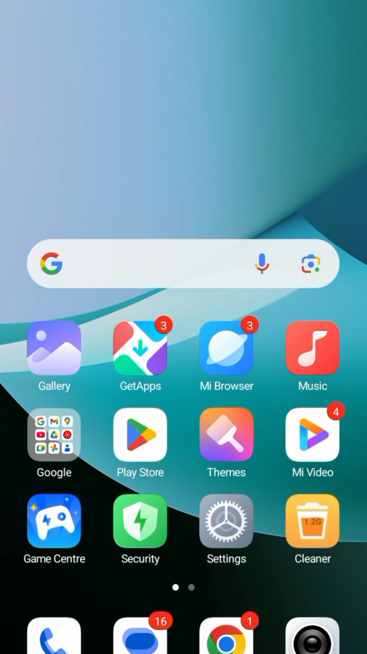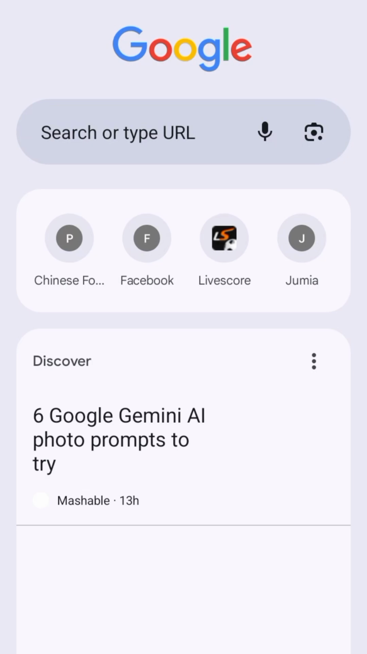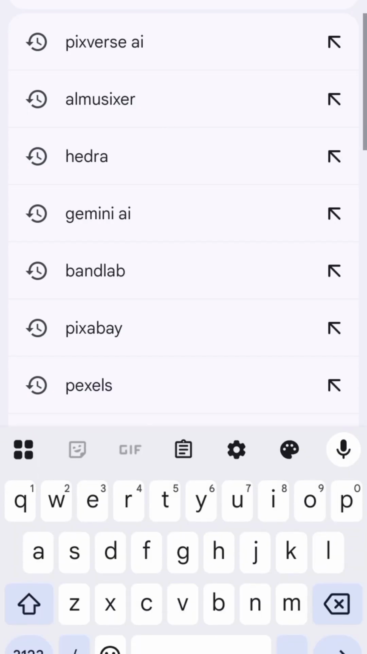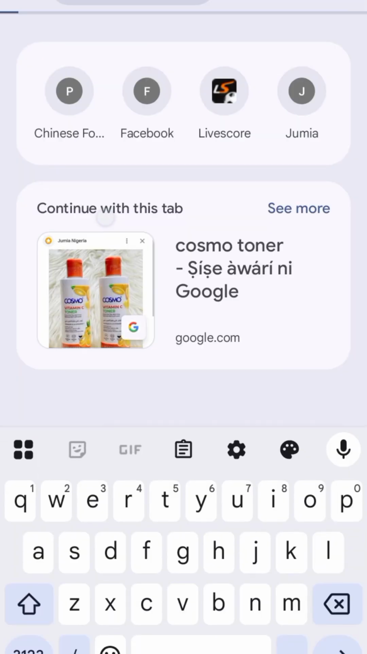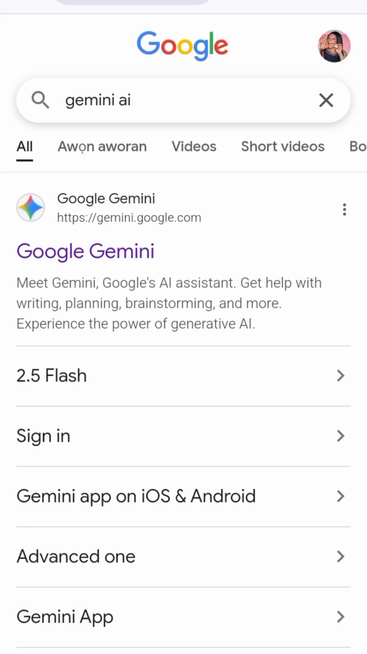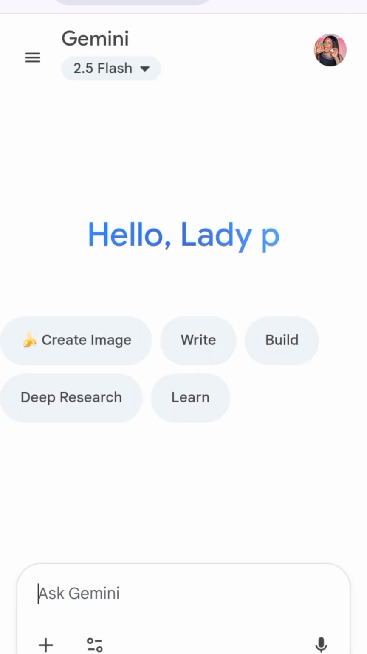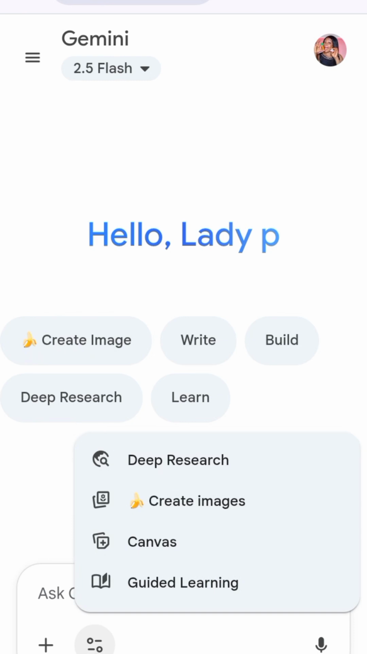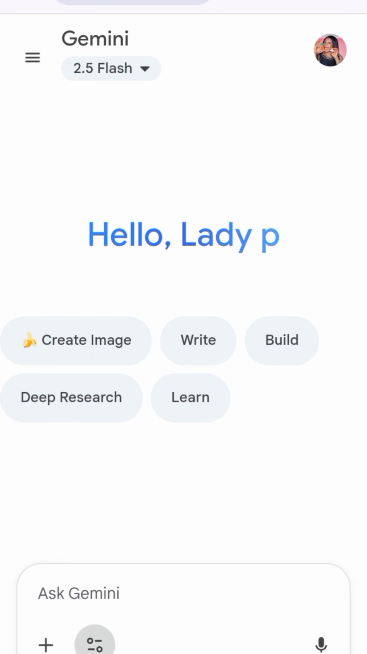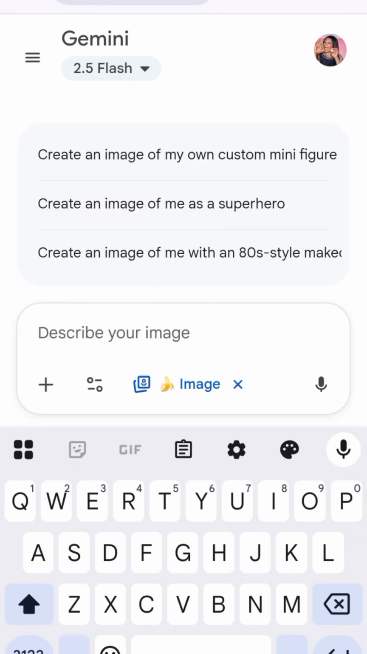Okay, so the first thing is to go to your Chrome browser. So I go to my Chrome browser here and I'm going to search for Gemini AI. Okay, because I've been using it already, this Gemini AI. And I click on Gemini AI. Just wait for it to load. Here it says ask Gemini. So here is create image, Canva and all that. So here is create image, so you can see here create image. So I'm going to click there, create image, and it says here